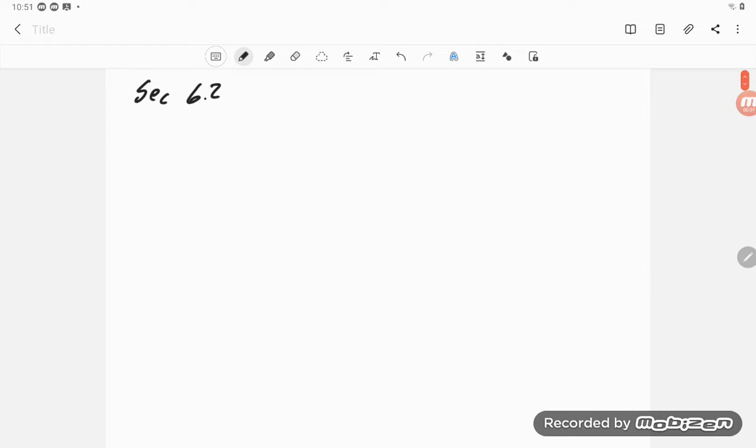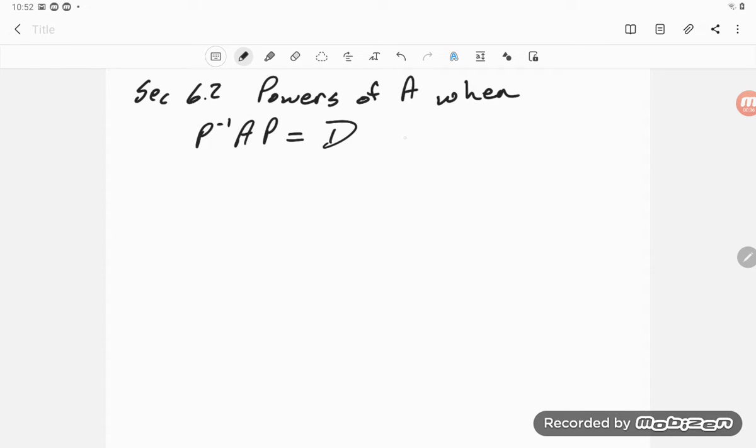6.2, and here we're looking at an application of diagonalization. So, powers of A, when I can write A, when P inverse AP equals D, where D is diagonal. Okay, so